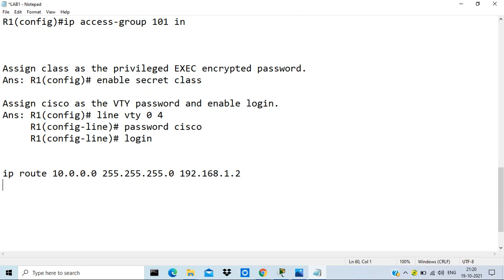Now I was talking about the default route. Default route means you do not need to specify your destination, because you don't have any option. Like when we have internet routers, we don't know which site we are going to access. Sometimes we may access google.com, sometimes msn.com, sometimes ndtv.com. We don't know what our destination will be. So in that case, we do not specify the destination. Like here I have specified the destination 10.0.0.0 network. So in case of internet routers, we definitely give a default route. This is called default route, where the destination is unknown. So to define the unknown, we mention